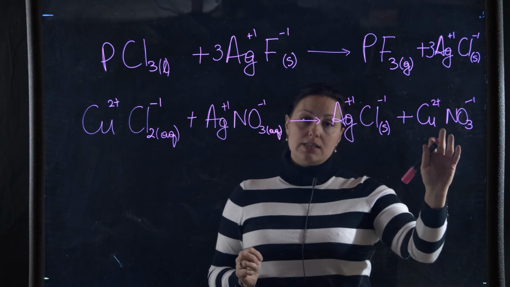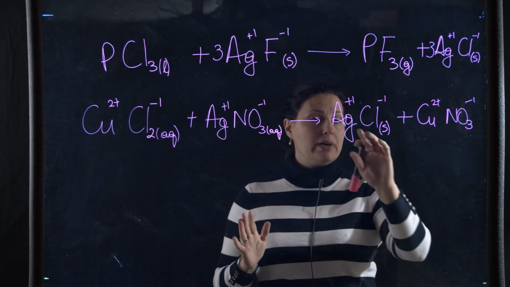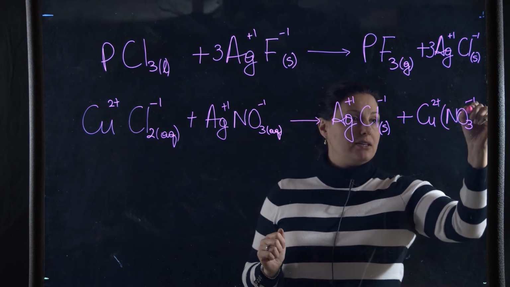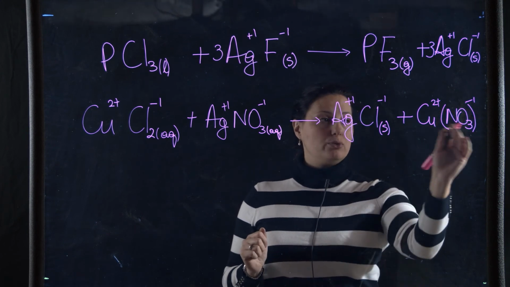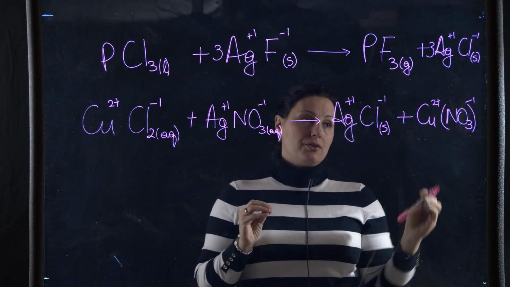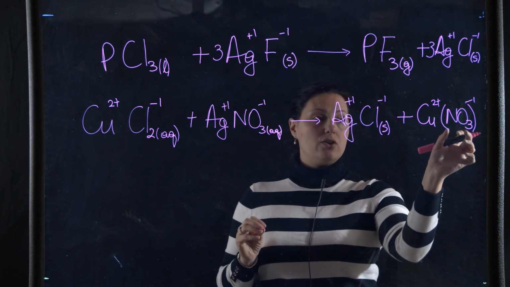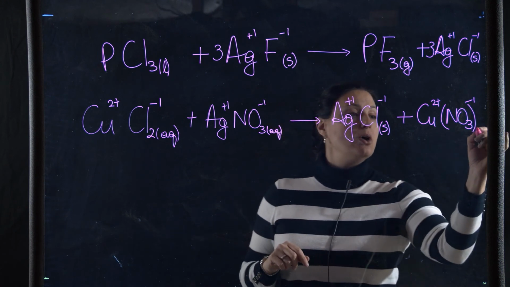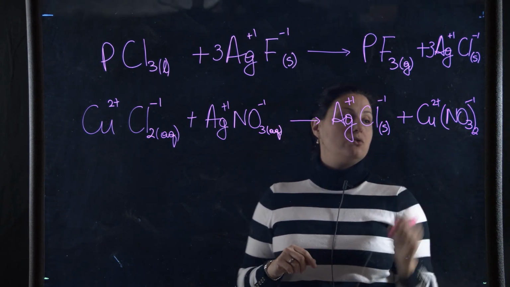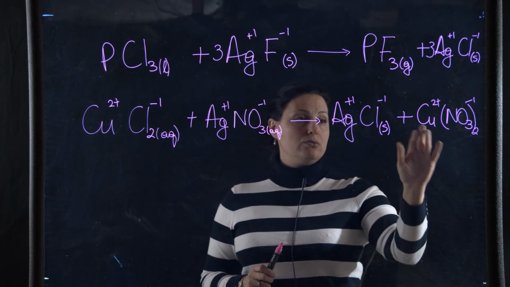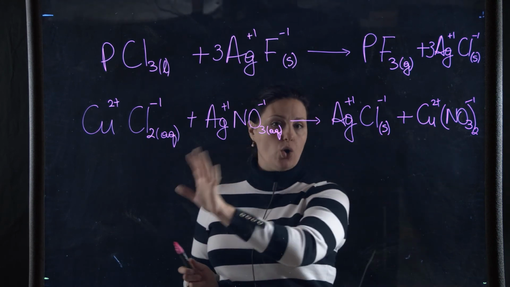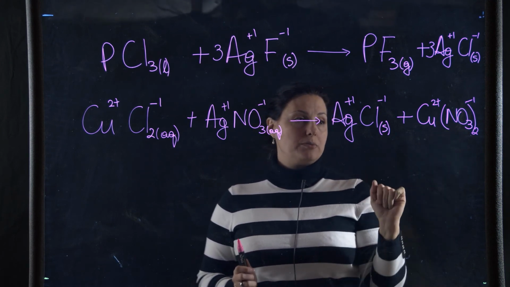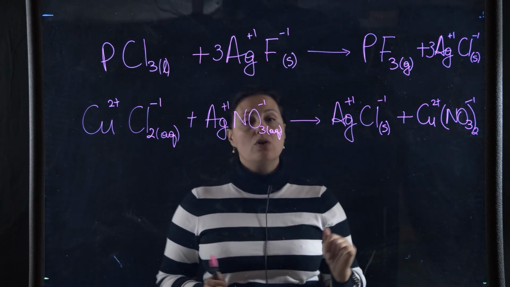Therefore, I need to make sure that this is a neutral compound. So now I do mess with the subscript. I have 2+ here, a -1 here. Now that -1 charge is over the whole unit, what's in parentheses. To make this a neutral compound, I need 2 NO3 units. One has a -1, I need another -1 to make a -2. And therefore, I put a subscript of 2 right by the NO3. I don't put it in front. That is for balancing whole chemical reactions. To make a neutral compound, I mess with subscripts. And now I have got neutral compounds here.